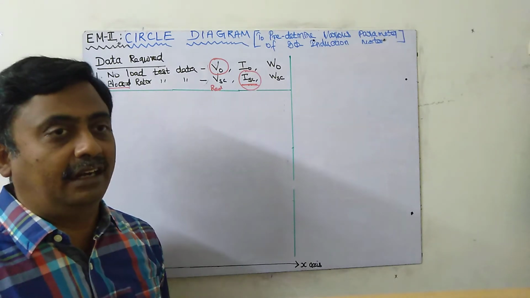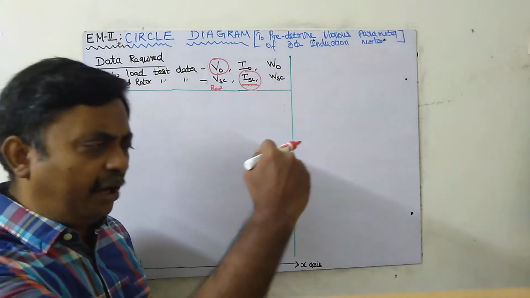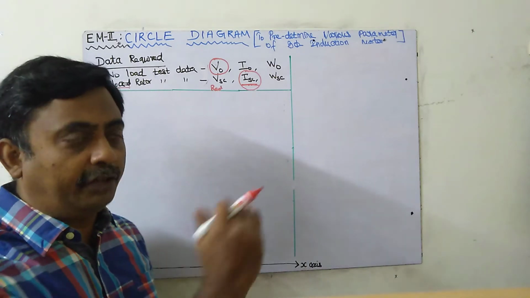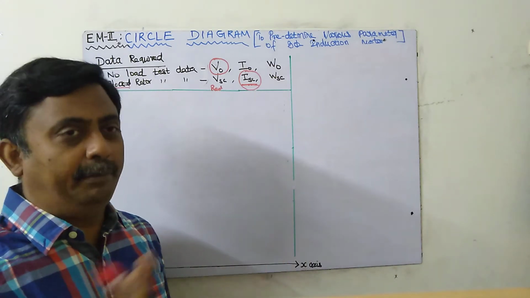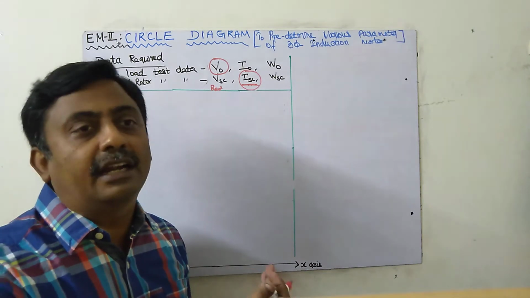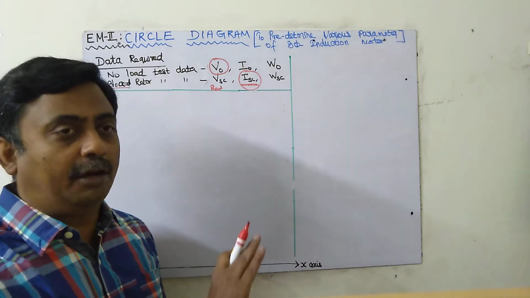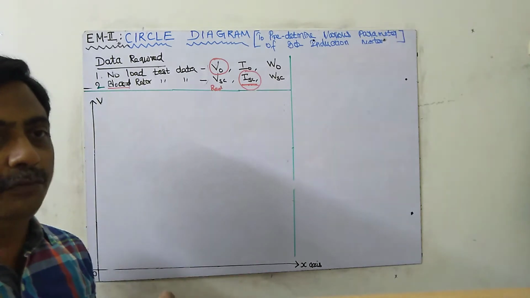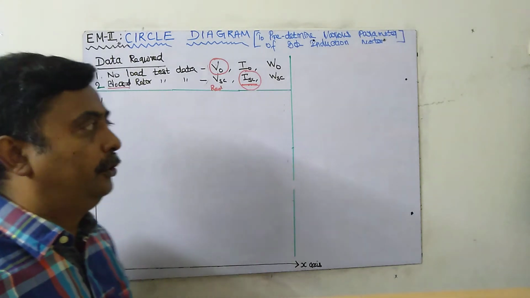We have to draw the circle diagram, and it's not complete until we do. We have to remember the steps, that's all. The remaining things are small. Even scientific calculators are not necessary for this. A normal calculator is sufficient. Only some cos and sin we have to use.